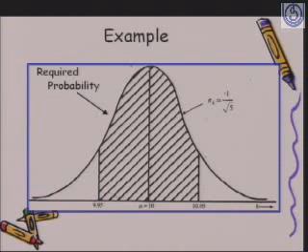The required probability asked in this question is the shaded portion, shaded by slanted lines. So what is happening here is that I am calculating the probability from 10 to 10.05, which I have transformed into a Z variable,